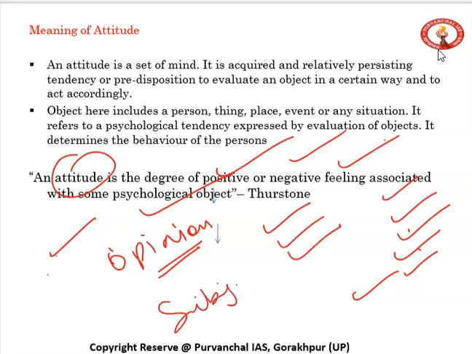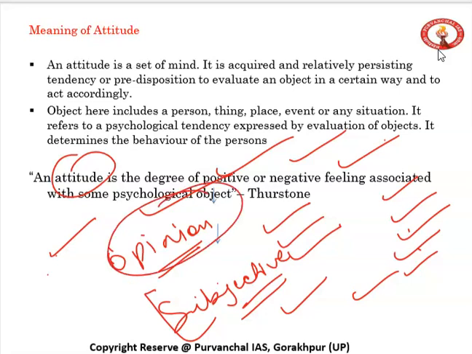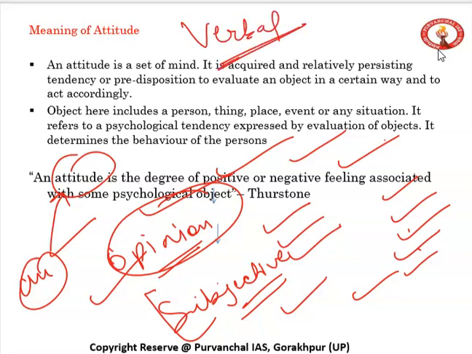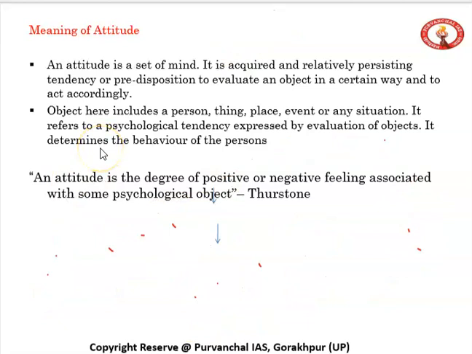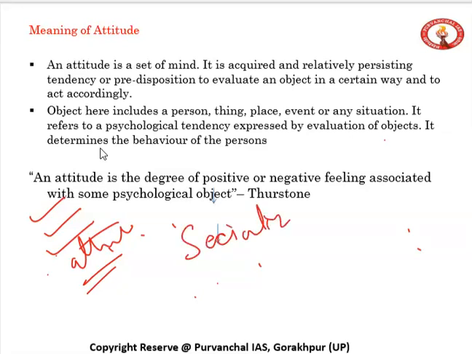It is a subjective and personal affair. It can't be objective. It is totally a subjective affair, a personal affair. And the term opinion symbolizes an attitude. In fact, it is the verbal expression of attitude. Thus, our orientation towards people, objects, and events is guided by attitudes. Attitudes are learned from socialization. It's a hardcore connection between socialization and attitude. In my 14th lecture, I have talked about socialization at a broader level. So go and listen to it first before